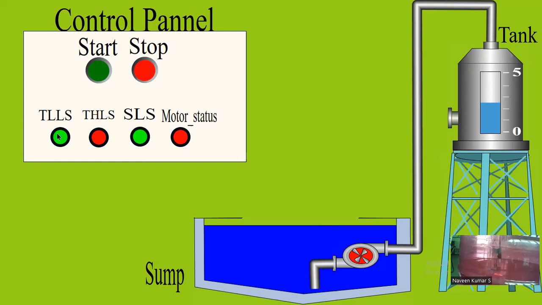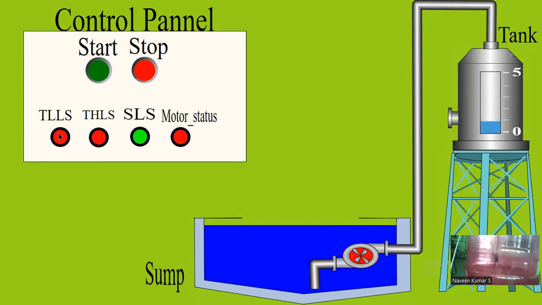As soon as the water goes below the low level sensor, this becomes red. That's how, by sitting in front of the computer, we can monitor all the field devices that we have used in our automation industry. Otherwise, this tank low level sensor has become turned on. Even though the data,